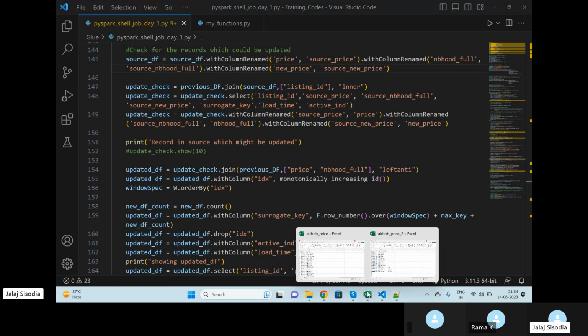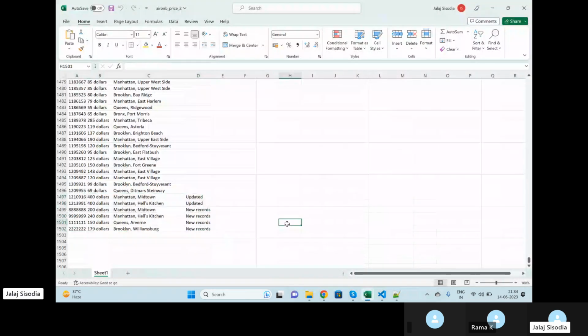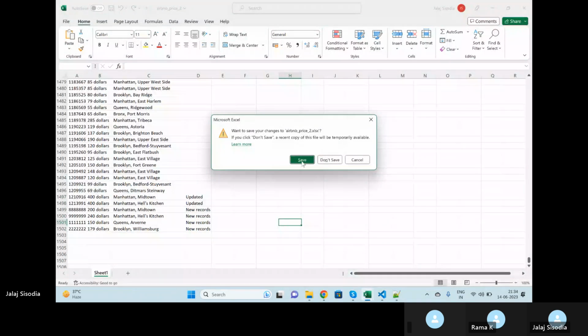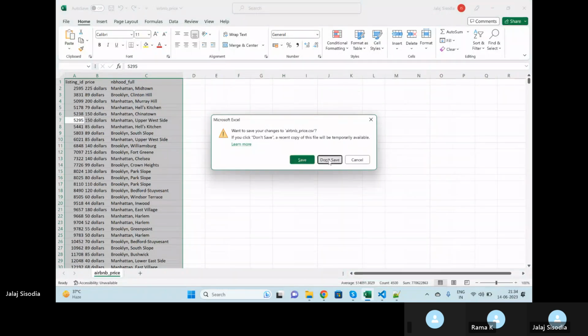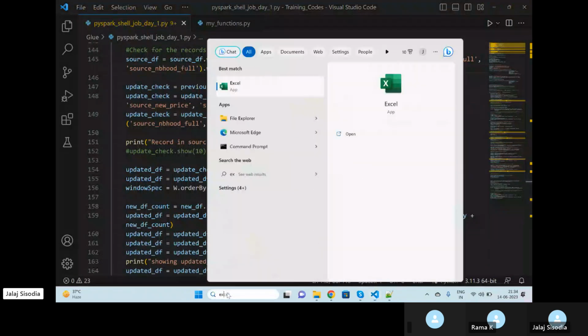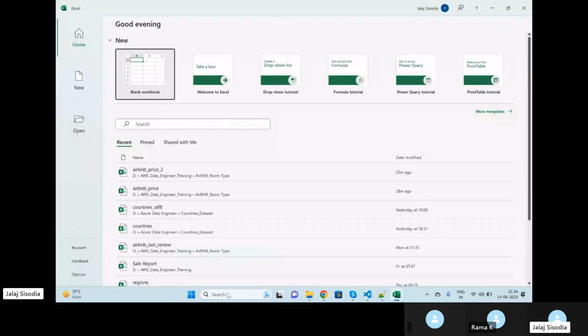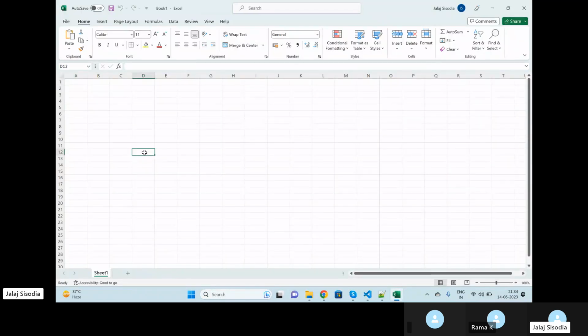So if I open one more Excel file. So let's say we have 2 data frames in our PySpark. We have ID and name. Okay, this is my data frame 1, the first data frame, and then let's say I have a same data frame here, ID and name. Okay, let's say I have 2 data frames like this, and if I join these data frames based on ID,